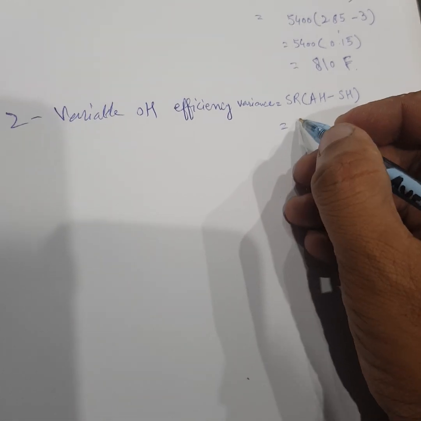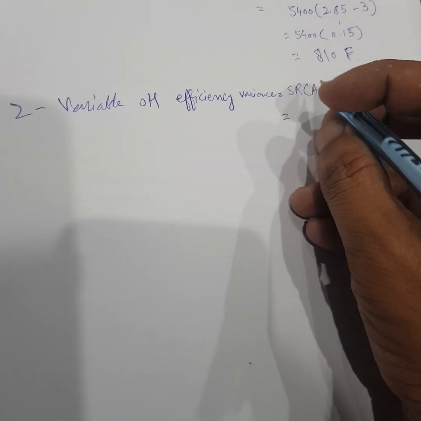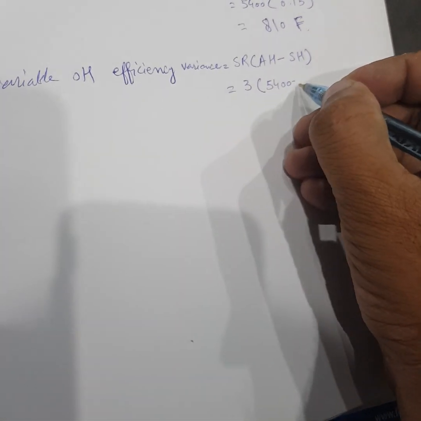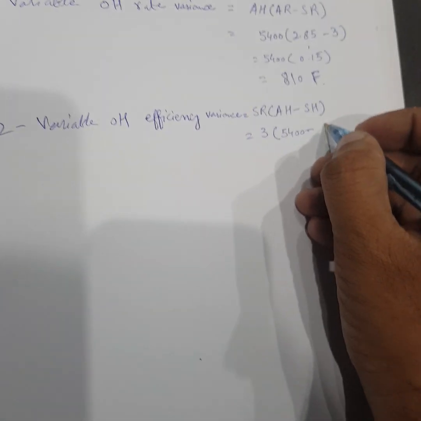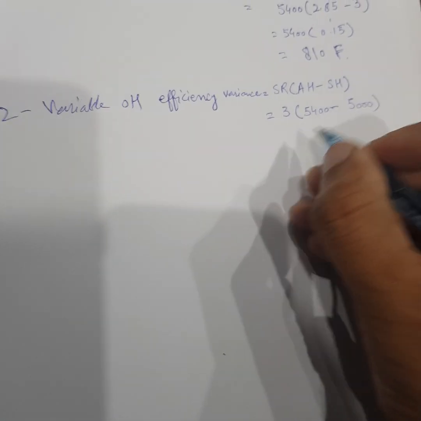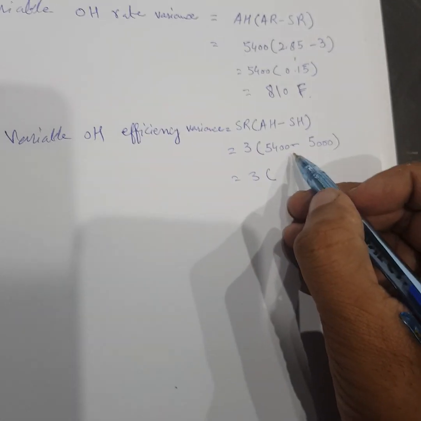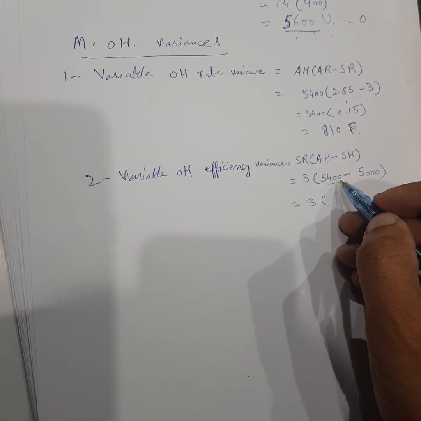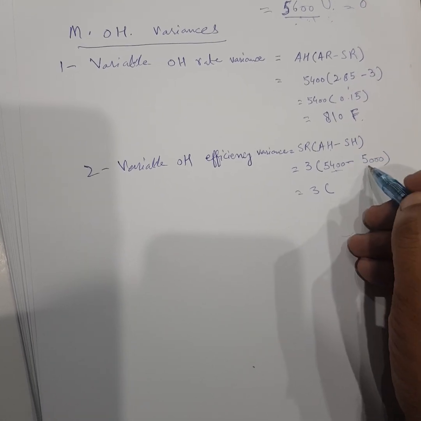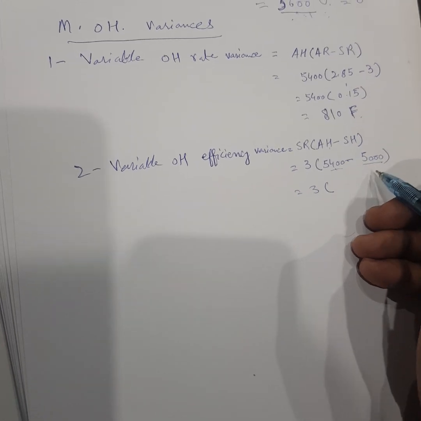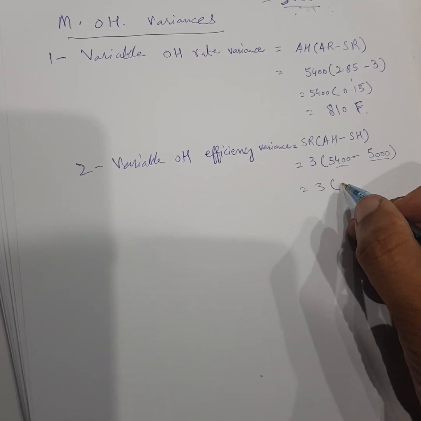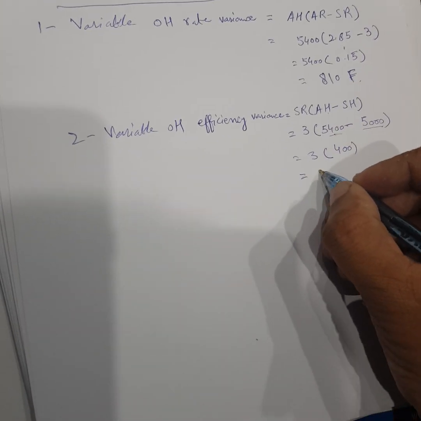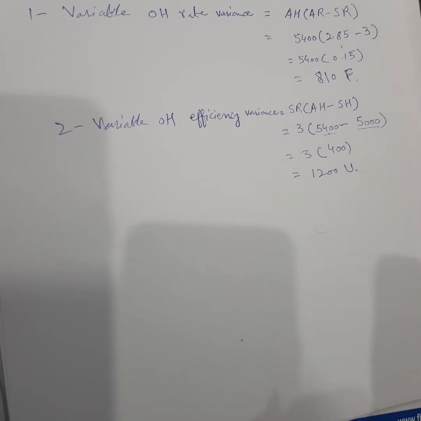Let's assume that our standard rate is 3 rupees and our actual hours are 5400 hours to produce a product. In the same way, we set the standard hours as 5000. So what will happen, our hours increase because in actual there are 400 more hours to produce a product as compared to standard hours. Our standard was 5000. We got 400 more hours of work to do and 1200 unfavorable cost incurred.